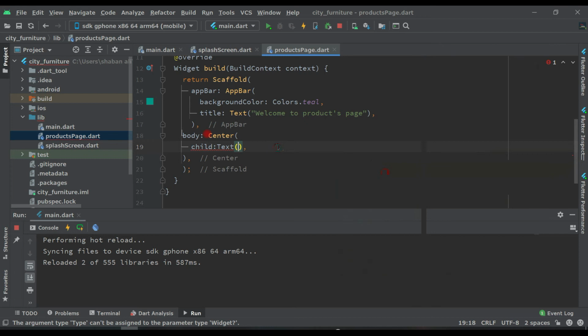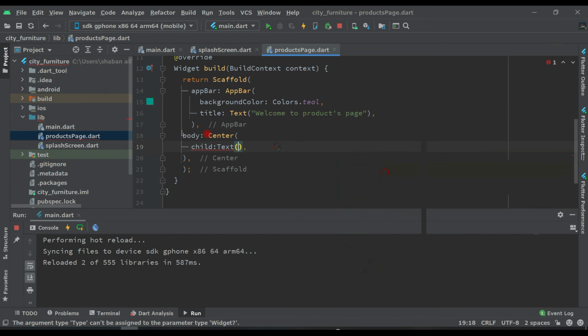It's not working, just click on rerun again. And here you can see we have this welcome screen and this product page.